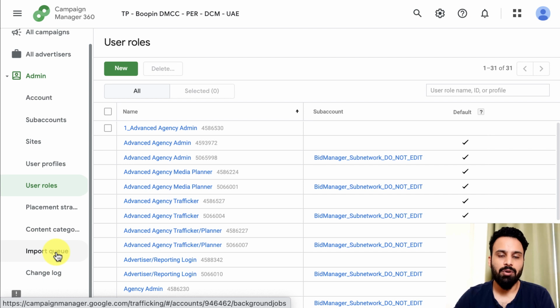Then we have the import queue. There's one function in Campaign Manager where you can upload everything in bulk. That's one of the USPs. For example, you have a campaign for 5 regions, you have different ads, and different creatives within each ad. You can upload all of that in an Excel sheet all at once. It will automatically create the structure of the campaign with the ads and ad copies within those placements and sites. If you are uploading something like that, the import queue will show what is being imported at the moment.